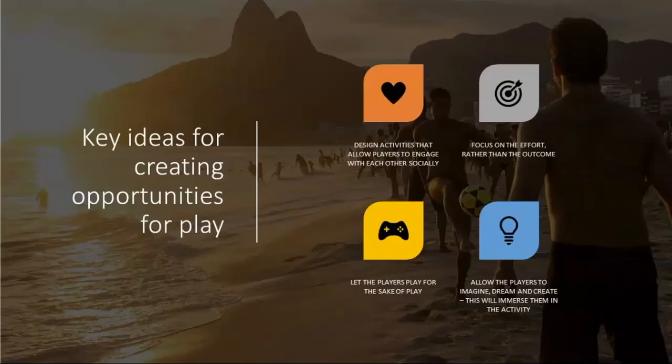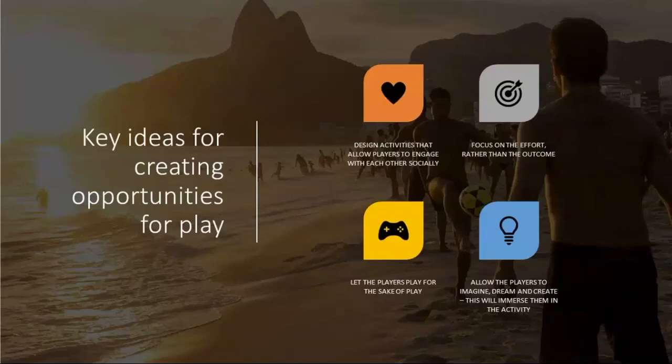Focus on the effort rather than the outcome. So again, a really simple one. If you tell Frank that Frank's really good at maths, then Frank might be in two minds about trying a harder maths test because he's got the fear of losing the reputation of being really good at maths. Same goes for your number 9. If you tell them they're fantastic all the time, then actually they've got something to lose there. If you reinforce how hard they try when they come to practice, and how much you like that they tried to take a player on and they weren't worried about making a mistake, whatever it is, they can continue to build on that. So effort over outcome as a principle is really important.